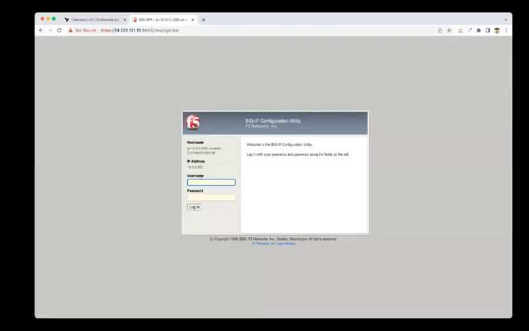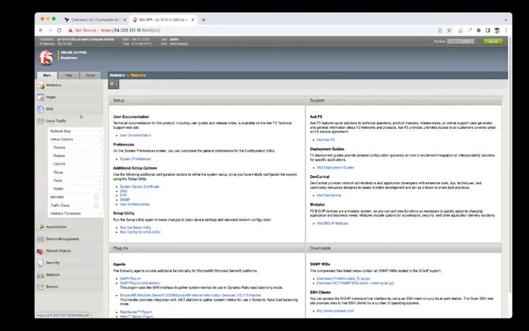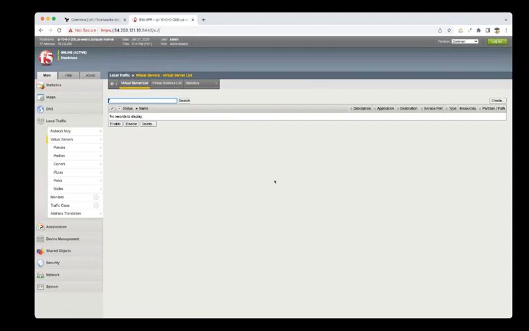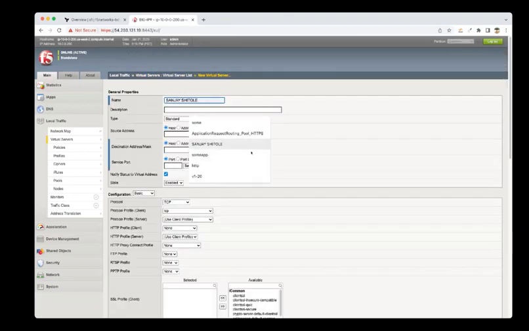So this is my BIG-IP here. So I'm going to log into the BIG-IP. So I have a BIG-IP here, and if you see here on the local traffic management, I don't have any virtual server configuration. This is where basically you will create the virtual server. For example, I can create a virtual server. Let's say example one virtual server,